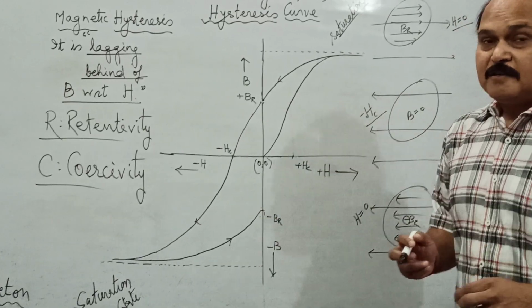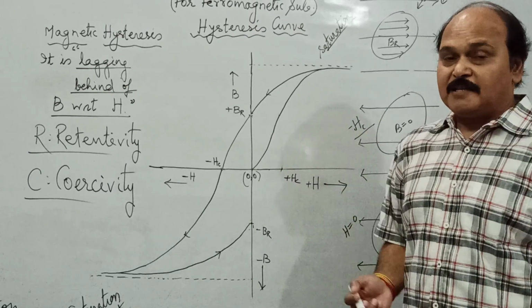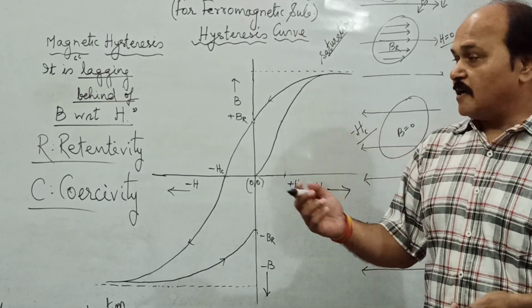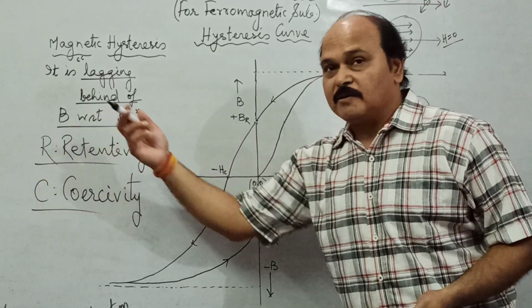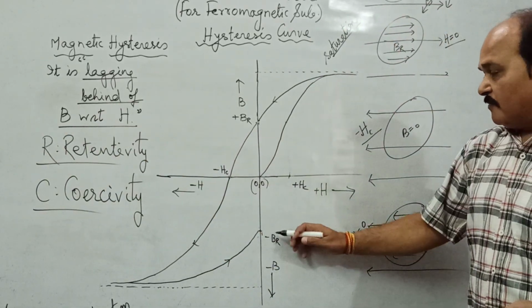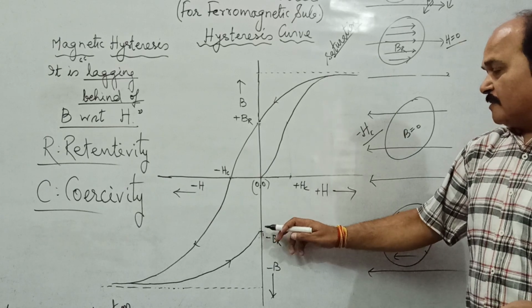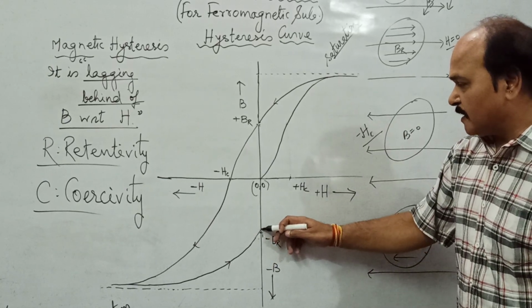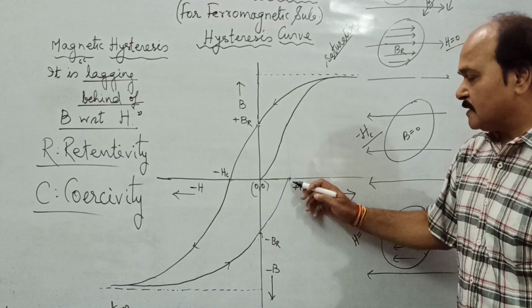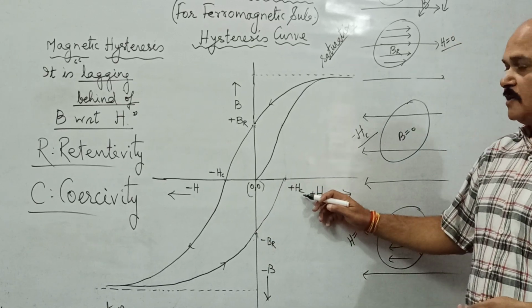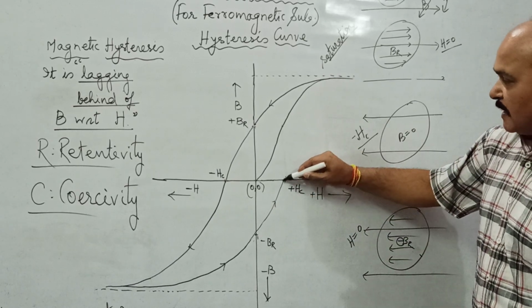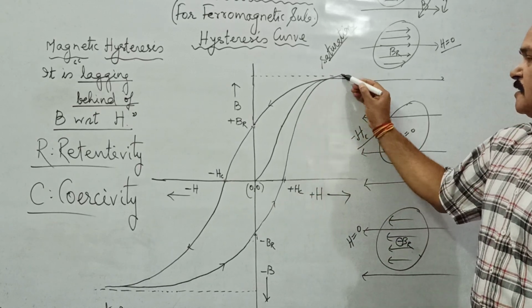So this time the magnetic field which is retained in the substance is minus Br, that is in the opposite direction. Again it is called retentivity, the phenomenon. Well, if we want to demagnetize it, we again need to apply a magnetizing field in the opposite direction, and this magnetizing field in the opposite direction is what? Plus Hc, the coercive field. And if we increase this magnetizing field, what happens? The substance again reaches the same saturation state.